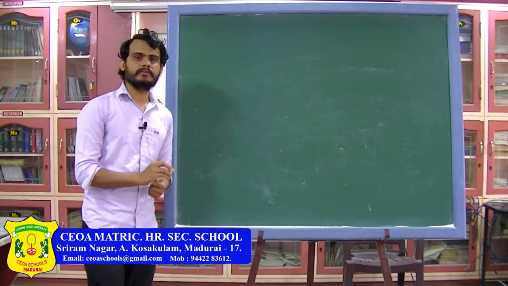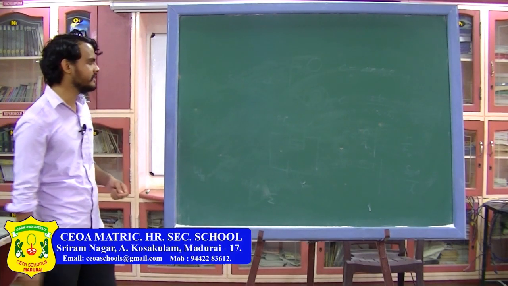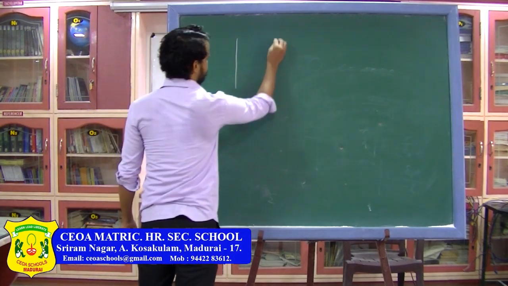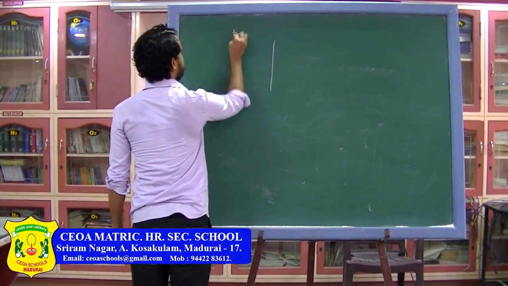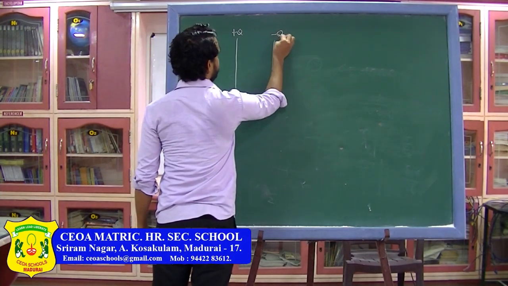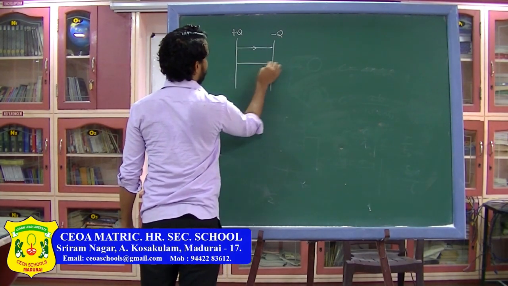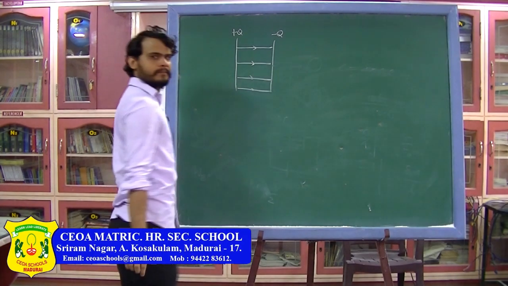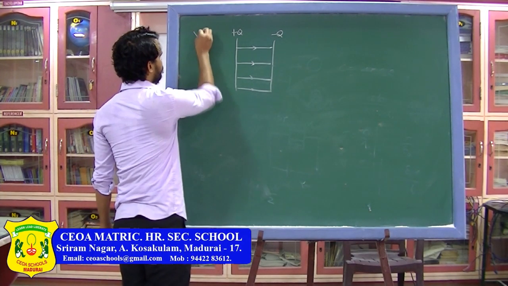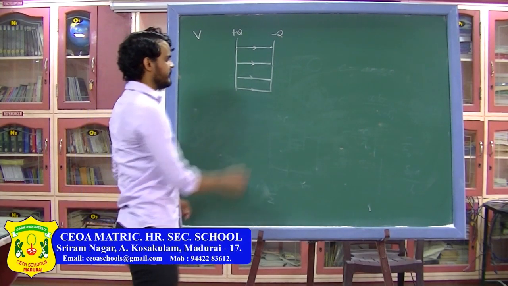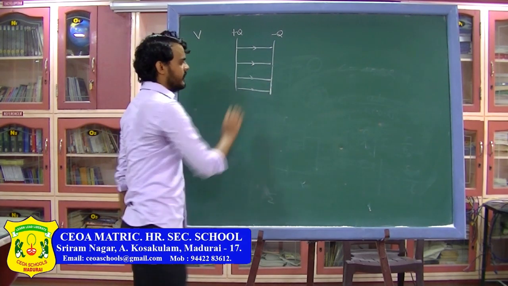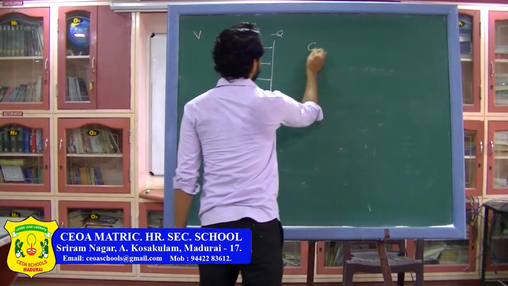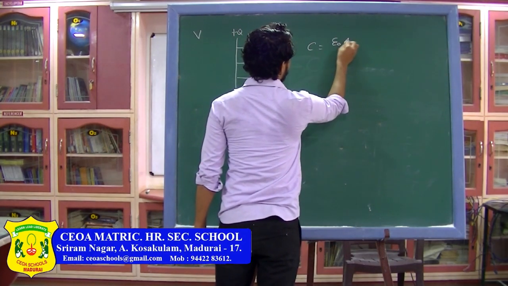So, let us continue with the energy stored in the capacitor. You have a capacitor, the charge on this plate is plus Q, the charge on this one is minus Q, the electric field is from the positive plate to the negative plate, the magnitude is constant, the direction is also constant. The potential difference you can assume is V, there is no medium, so you can assume there is vacuum here right now. So the capacitance of this one is epsilon naught A divided by D.